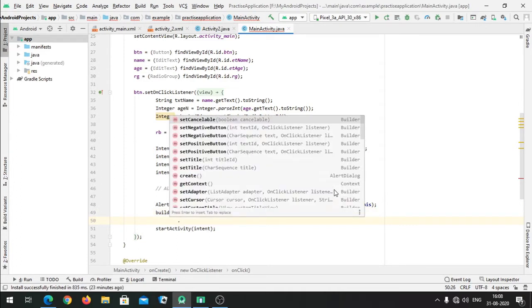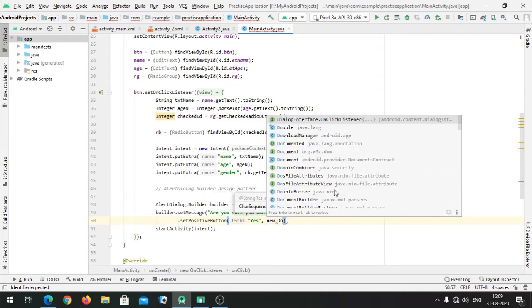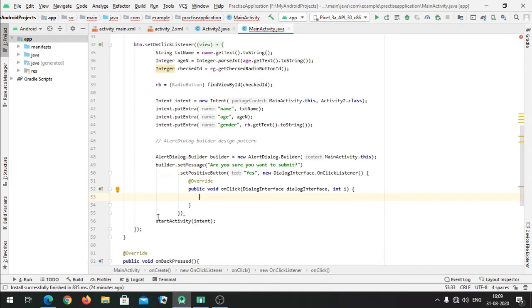Dot again. Now we'll just set the positive button. I mean, if it's a positive reply, then we'll say OK button or whatever. So first of all, name that button. It can be OK or it can be yes. So I will be using yes. Then we'll add a new dialog interface on click listener, as you can see it here, and then we have to just cut this line and paste it here. Once you have done this,